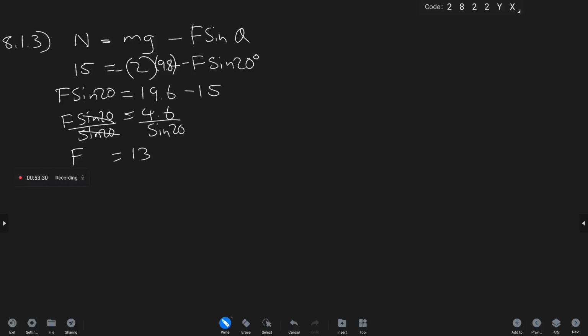Okay, it is equal to 13.45 newtons. So that's the magnitude of the applied force, which is being applied at an angle of 20 degrees. So I think that will be it, the solution for 8.1.3. And then obviously the last question we'll talk to, just have to look at what